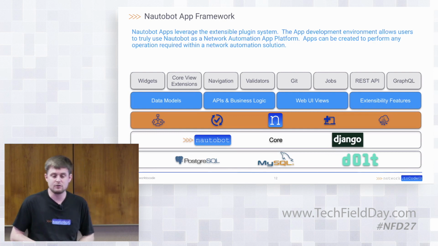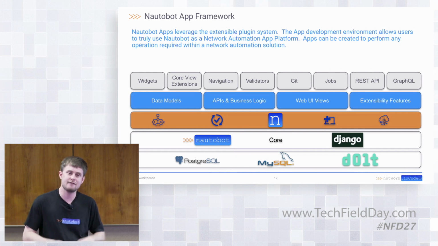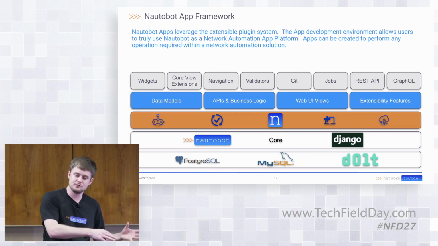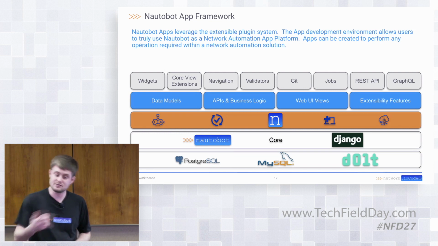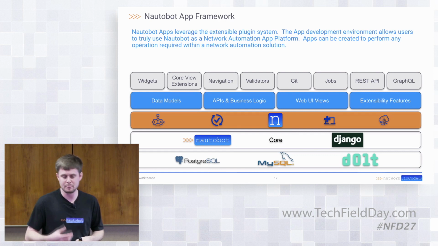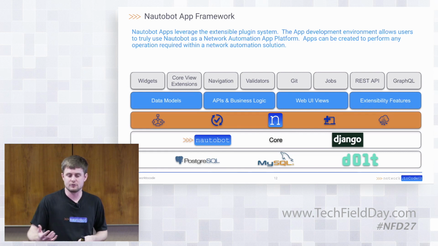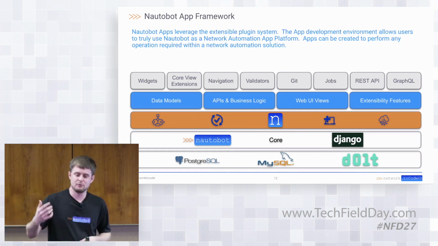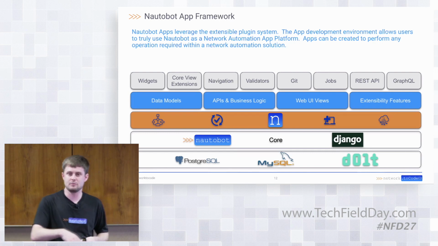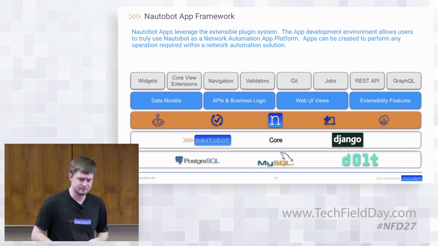Git integrations as well. There's a multitude of different avenues by which data can be stored within Git and imported into Nautobot via direct integrations. And so apps can provide what are known as their own Git data sources for doing that. Our golden configuration plugin is an example of that, where it registers a provider for configuration backups that would be stored by Rancid or Oxidized, that would pull the network configuration, store that in a Git repository, and that would then be consumed within Nautobot for purposes of golden configuration validation.